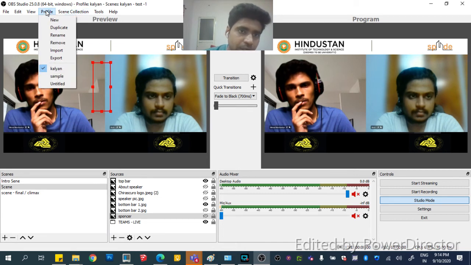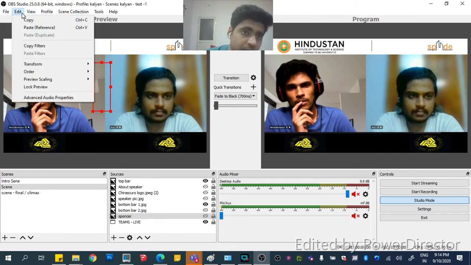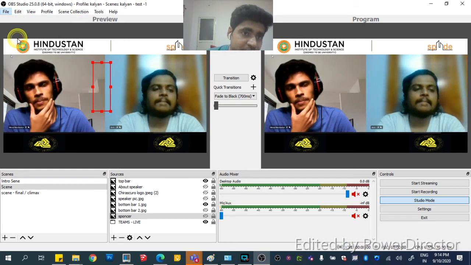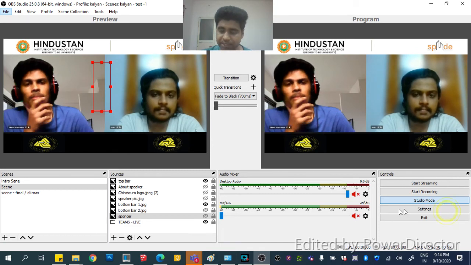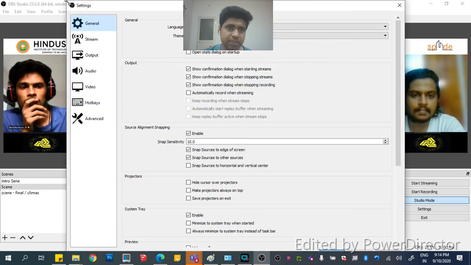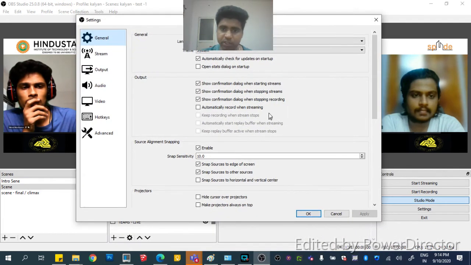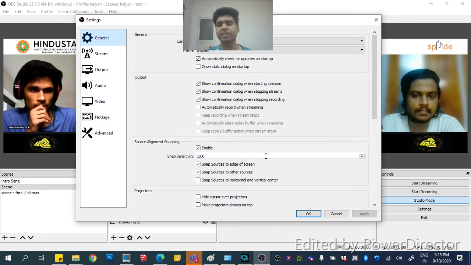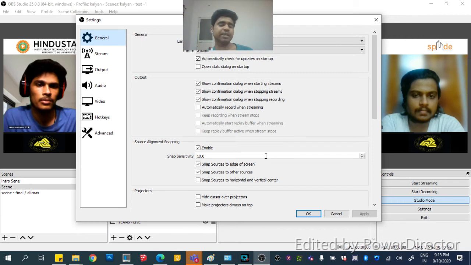You go to file. You go to settings, or you can click settings here. As soon as you click settings, you see settings being open. In general, there are a lot of settings which are good by default. You don't need to edit or do anything with them. Snap sensitivity you can reduce, because if you feel the snapping is not very proper here, you need very sensitive snapping. 10 grid can be made into 4 grid, or you can make it 50, because if you don't have so much snapping, you just have this side and that side, you can just put 50 as your grid.